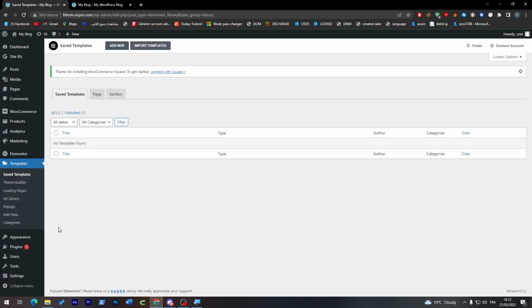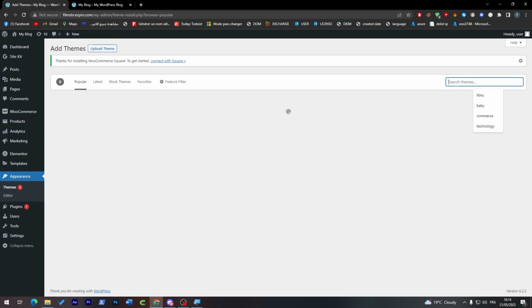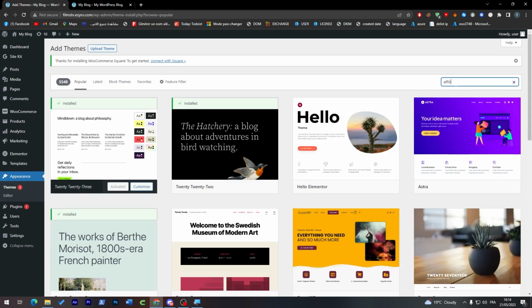Or in other ways, you can go to appearance and search for themes. So templates are for the ones who already have templates, but appearance is for the ones who don't have any kind of template and want to search for one. So let's add new through here and let's search for something that has relation with affiliate. So affiliate,